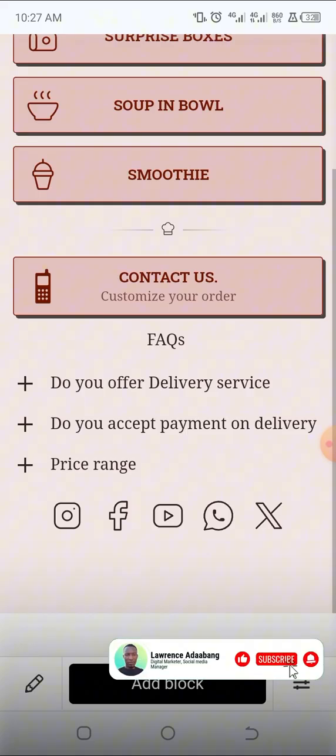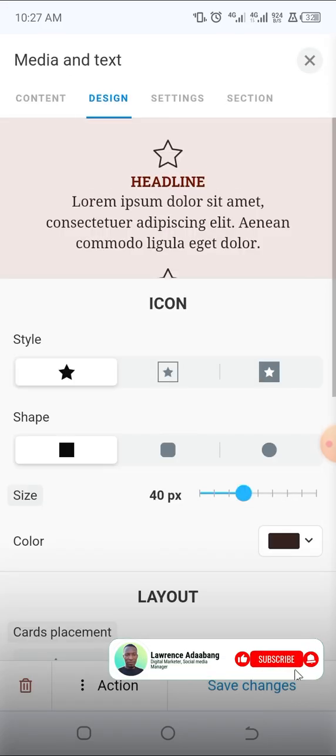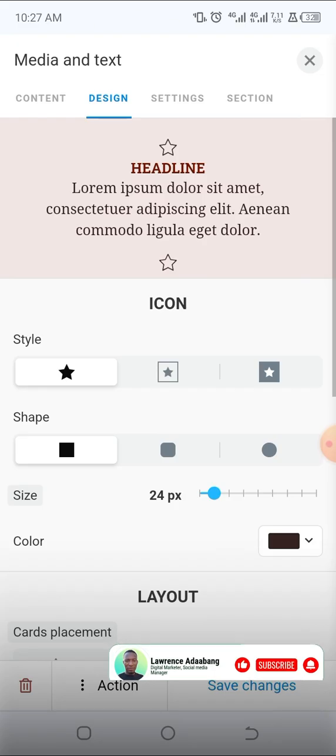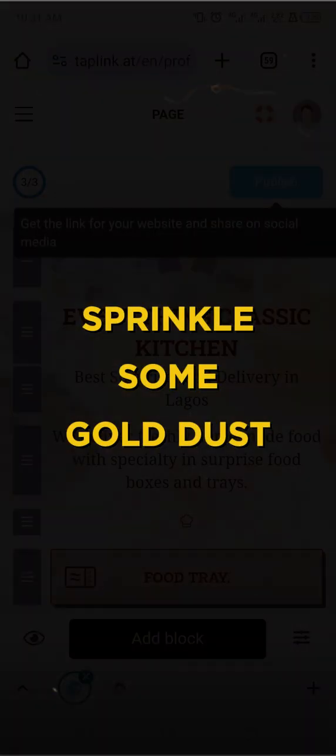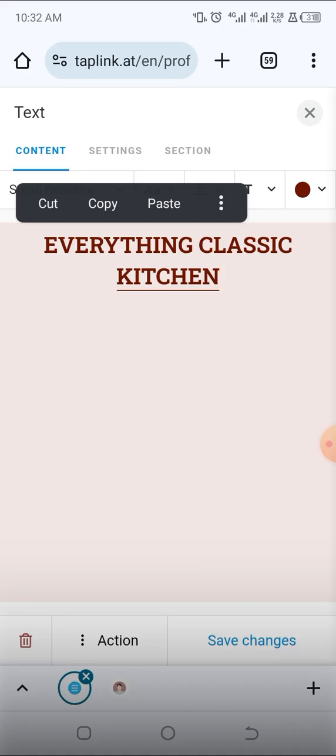The icons are still too big. Let's adjust it a bit. Come here, reduce it to 24 pixels. I think this is better. We are done with the design. Next is adding aesthetics. For the brand name, duplicate this,